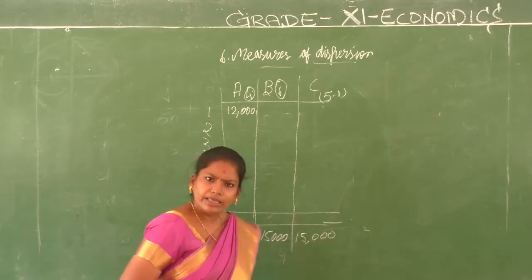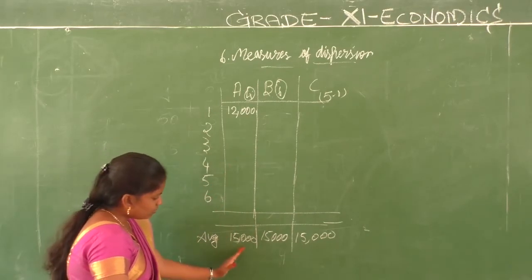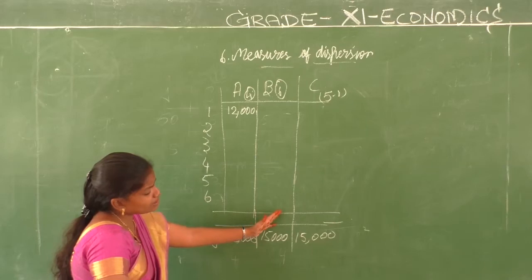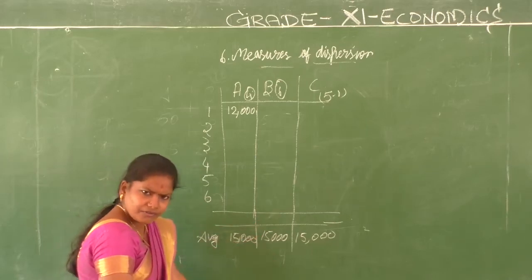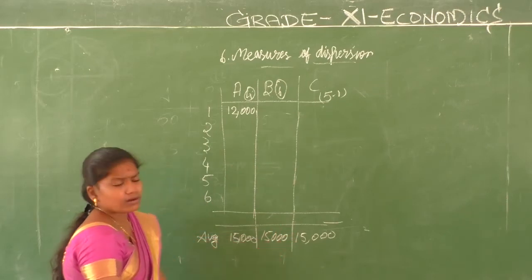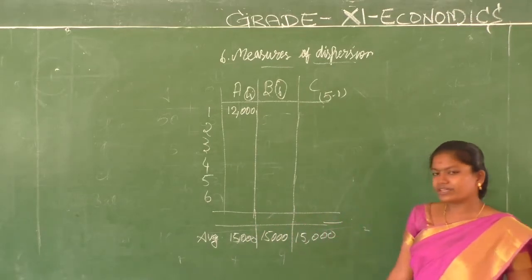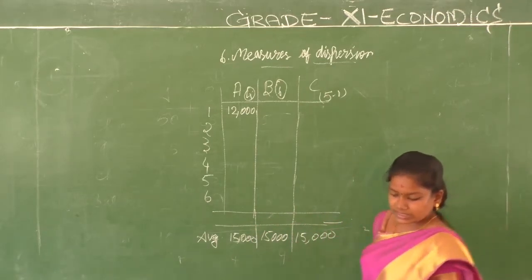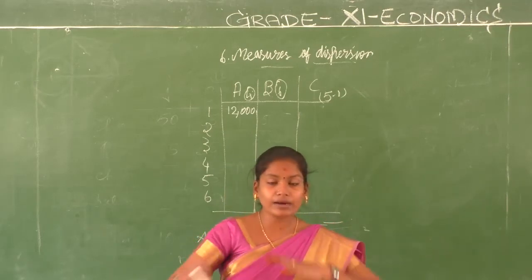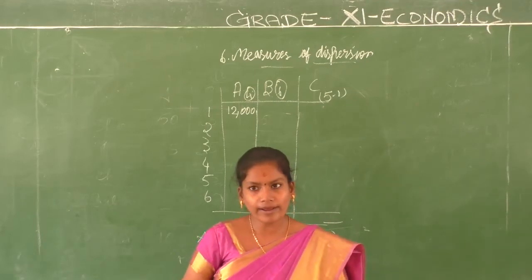How can it be? In a family where 4 working members are there, the average income is also 15,000. In a family where 6 members are working, the average income is also 15,000. In a family where 5 members are there and one is not working, there also you have 15,000 average income. With this data, they go into the details and then they come to this tabular form discussing each one's income, whatever they are earning.